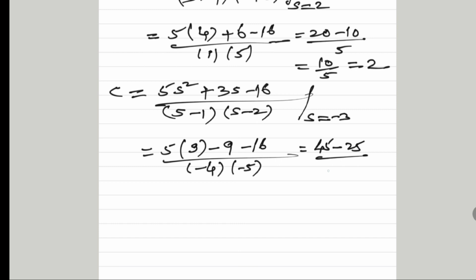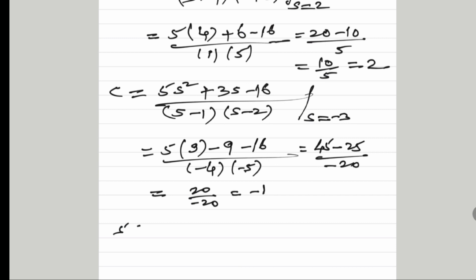9 fives are 45, minus 9, minus 9, minus 16, we get minus 25, and 5 fours are 20, minus 20. And therefore we get 45 minus 25, that is 20, and divided by minus 20 we get the value as minus 1. Substituting these values in equation 1 we get, therefore,